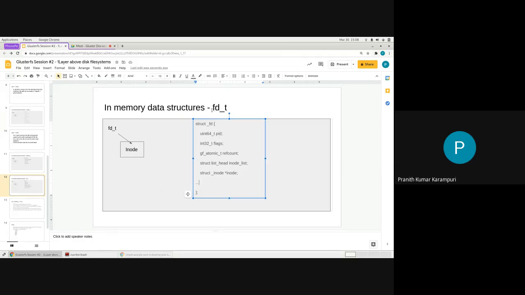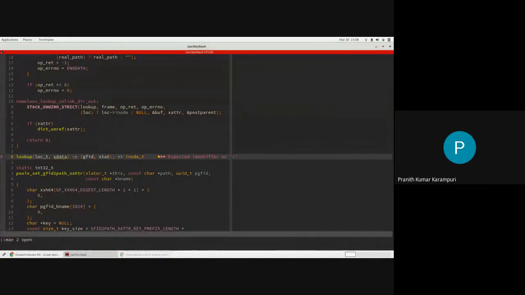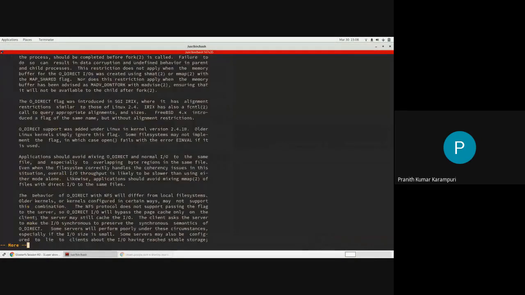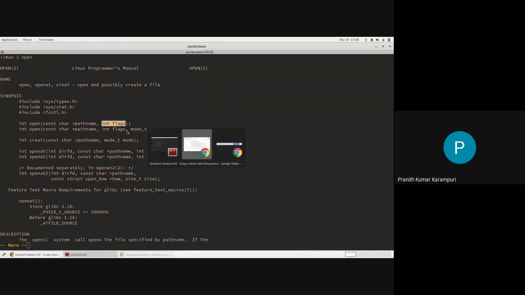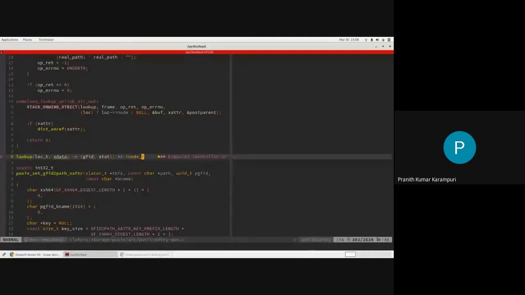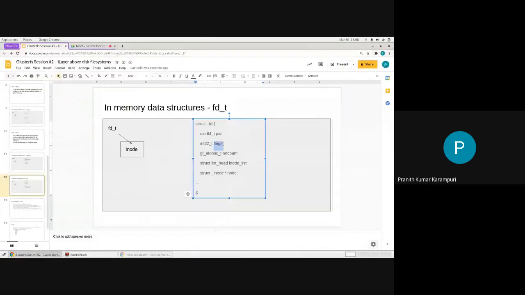So when you open an FD, generally the system call would have some flags like open. Some flags would be given, whether it is allowed only for reading, writing, appending, etc. Those kinds of things would be present in this FD flags. Reference count is similar to that of inode_t's reference count.